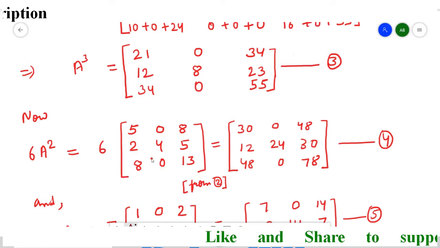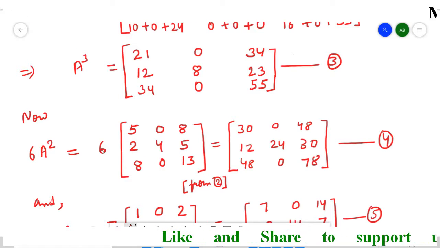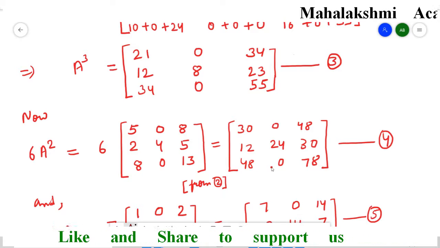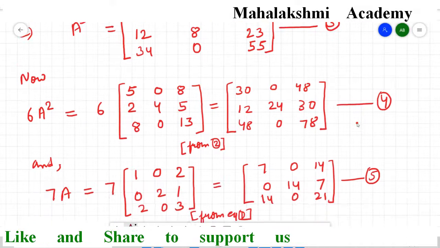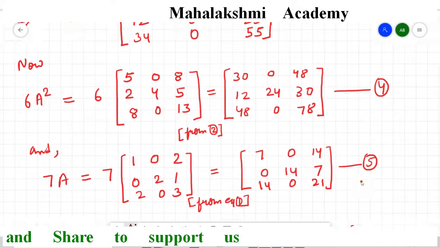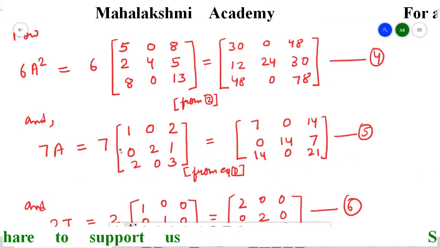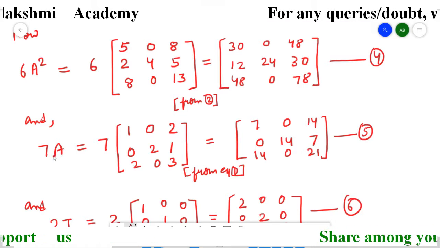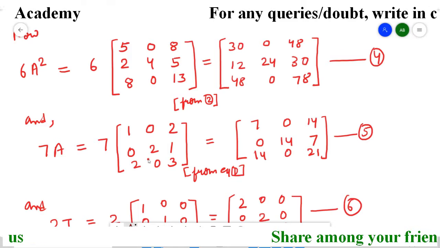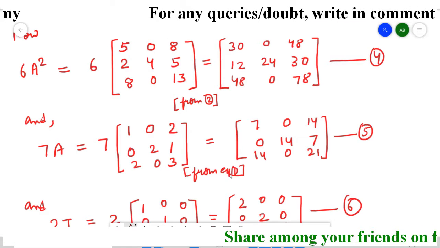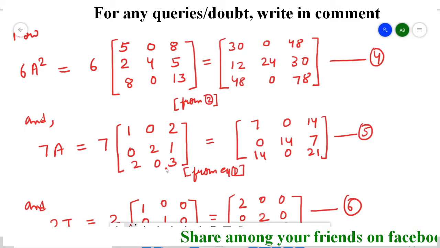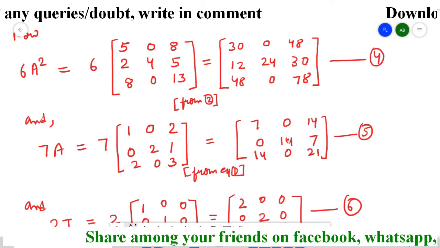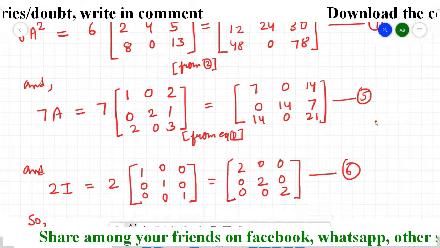So 6 multiplied by A matrix, what we have to do? The 6 will go inside and it will multiply by each element. So like this I obtained this matrix. And then in the question we need 7A also. You can see the question in your book. We need 7A, that might be third term. 7A means 7 multiplied by the given matrix, which I assumed as equation 1. So from that I copied here. Now 7 will go inside, it will multiply by all elements.